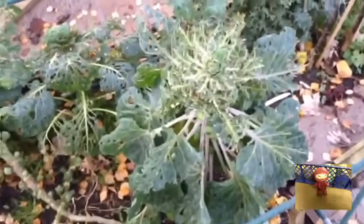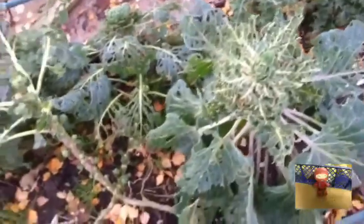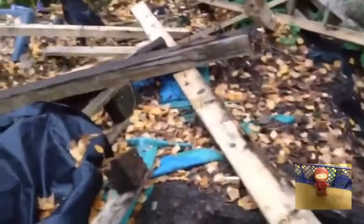So let's have a look in the polytunnel. Well, actually no, I don't need to look at the polytunnel, I'll look at the side of the polytunnel. Down the bottom of the plot, I've managed to clear all this, and as you can see there's loads of leaves, but that's mainly from that tree, which is ideal. All the wood that I cut down has all been burnt, so all I need to do now is just pile all this up nice and neat,